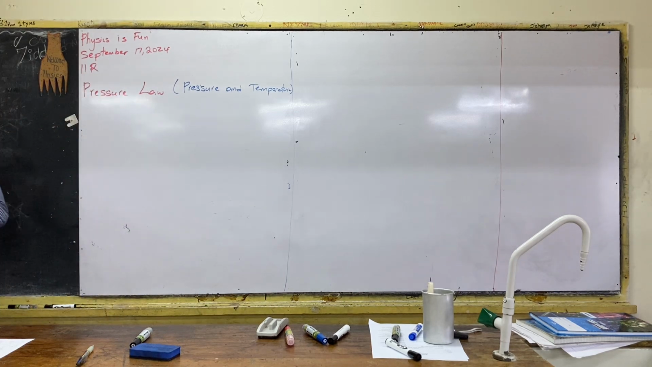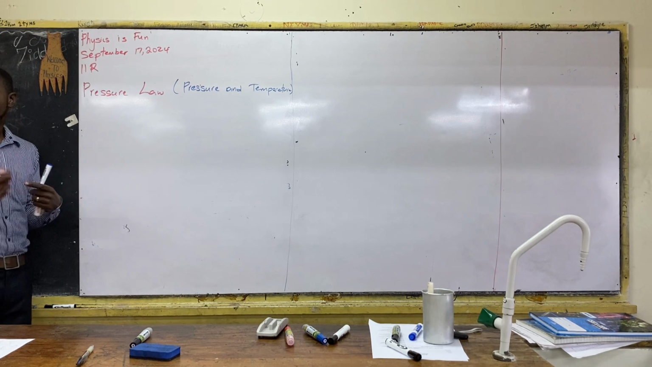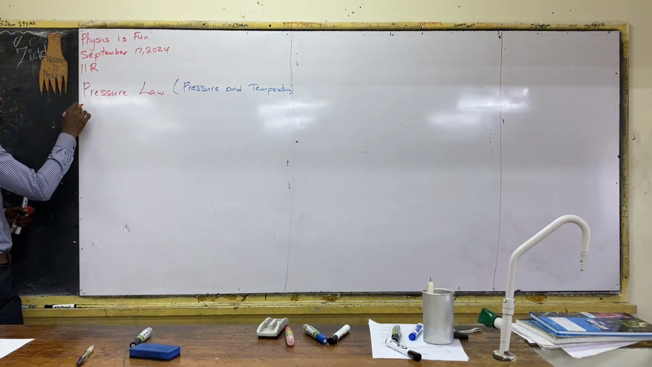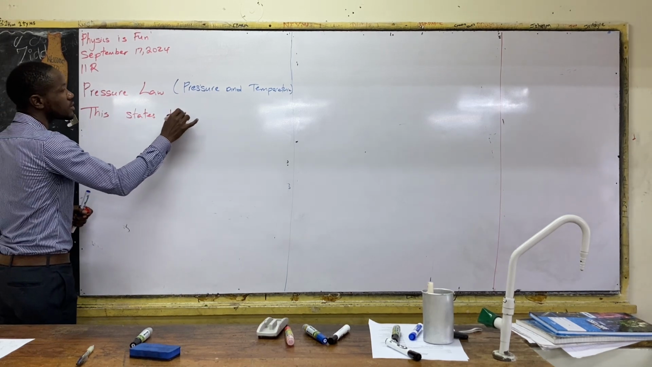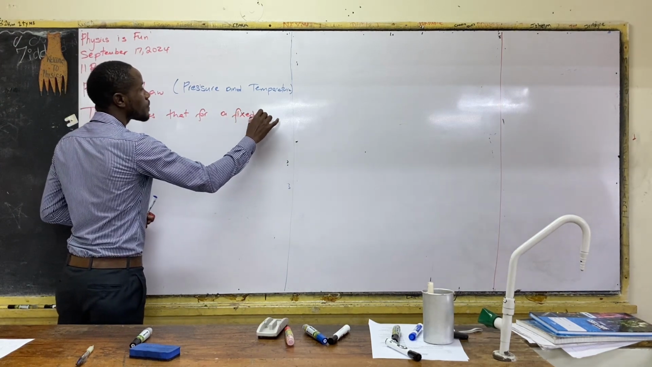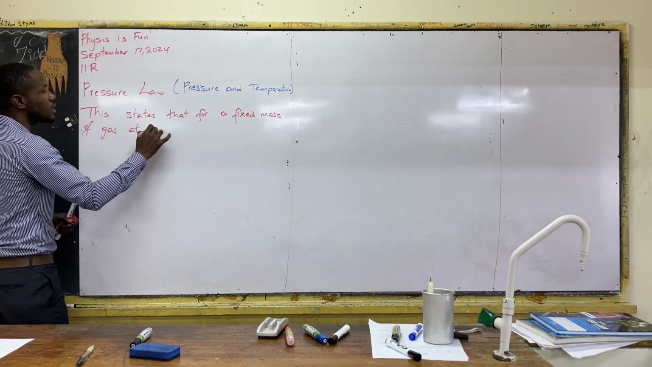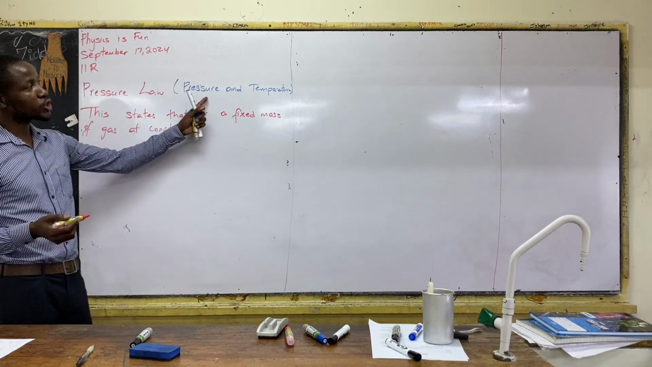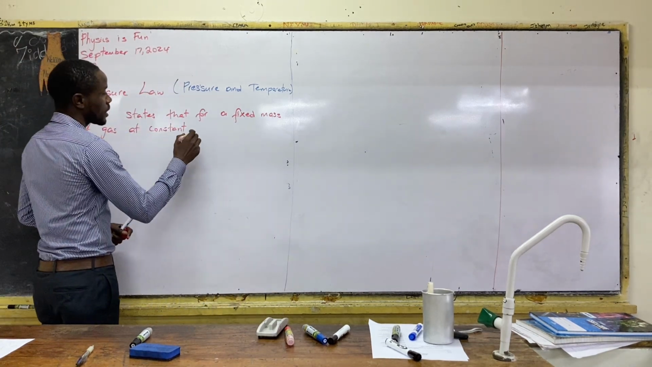Right, and again, as we said, we always start off the gas law with a statement that says we're dealing with a fixed mass of gas, right? So the pressure law, let's start it this way. This states that for a fixed mass of gas, at constant volume, right? Because if you're looking at pressure and temperature, the other quantity is the volume, and we're going to keep the volume constant. At constant volume,